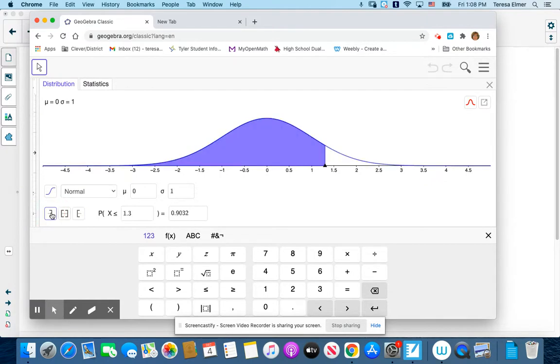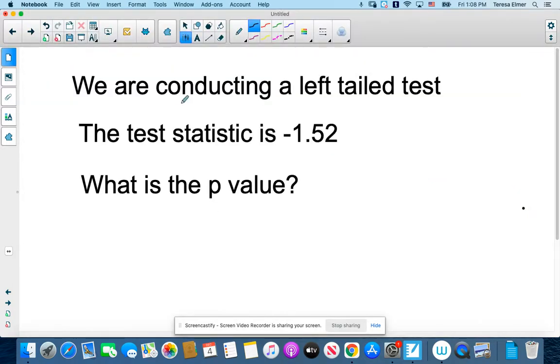So I'm going to use that button. My test statistic was negative 1.52. And there's my p-value. That's how much area is in the tail, 0.0643. So we know our p-value is